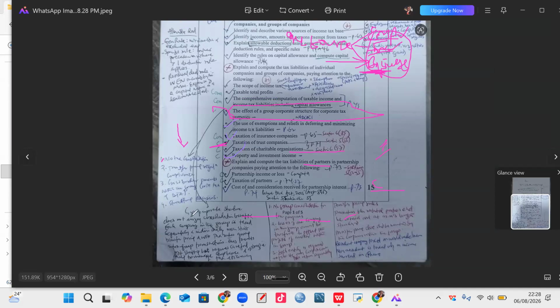Make my notes, group, corporate structure. Where I'm not getting it right, if it's not in the lecture notes, it's not in the ICAG manual, it's not explained well, I'll use AI. Last time, if you watched the video of Sunday, I showed you how we can use AI.